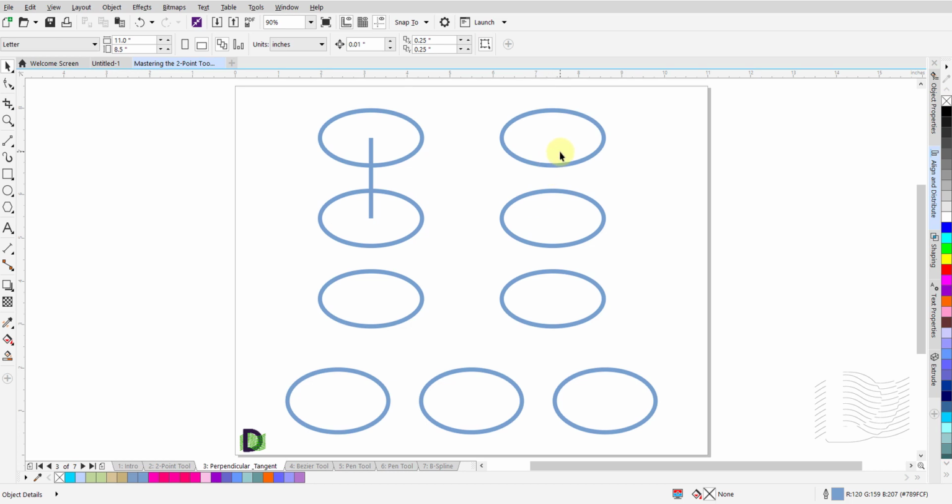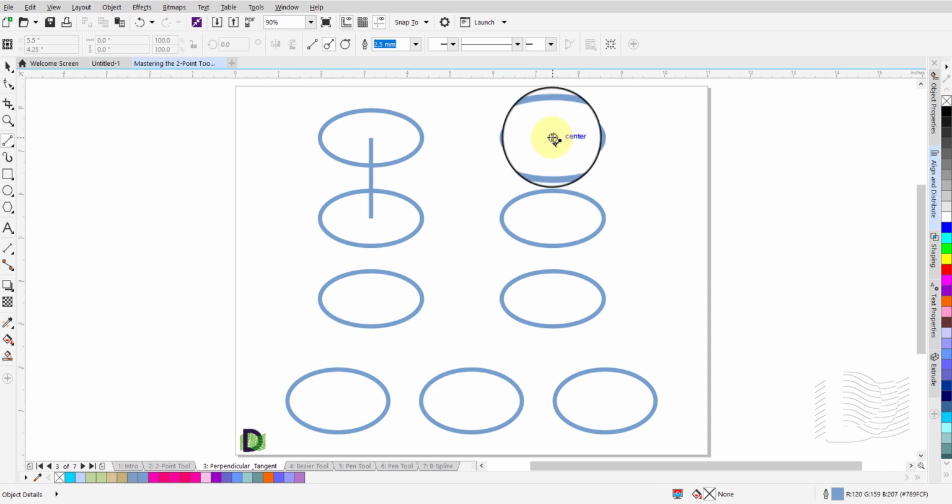If you want to draw a perpendicular line starting from the first drawing to the second drawing and continue on to the third drawing, then follow these steps. Hover your mouse over the center of the drawing until you see the word Center show next to your cursor. Click and hold the left mouse button and drag the mouse, drawing a line towards the second drawing.